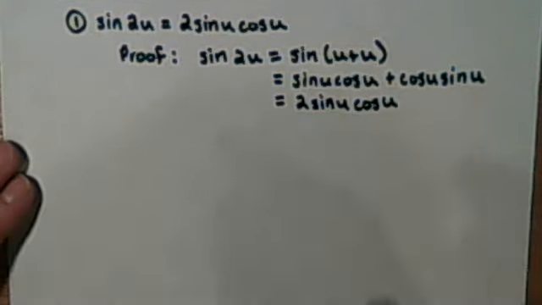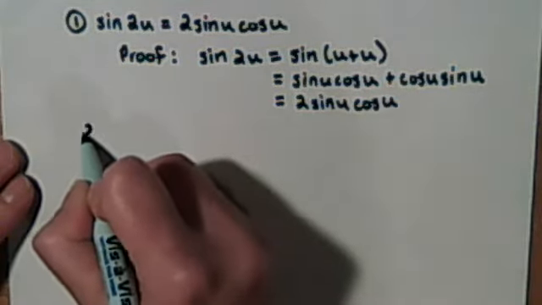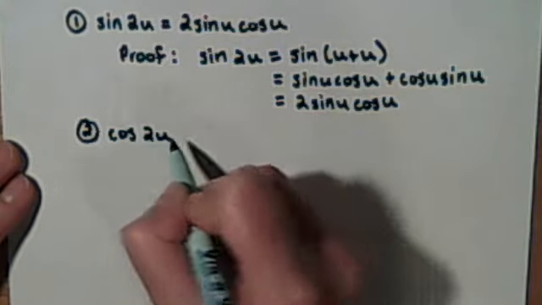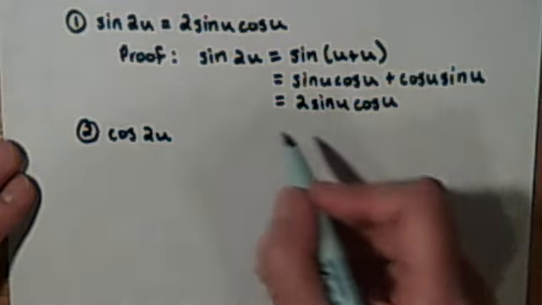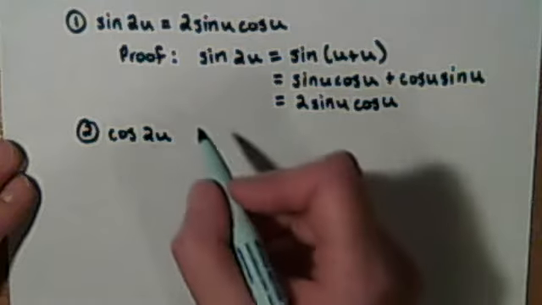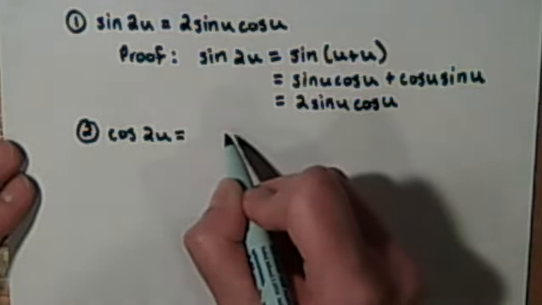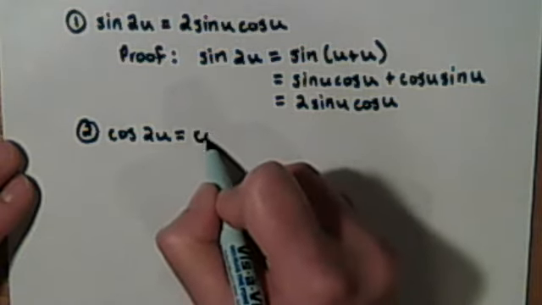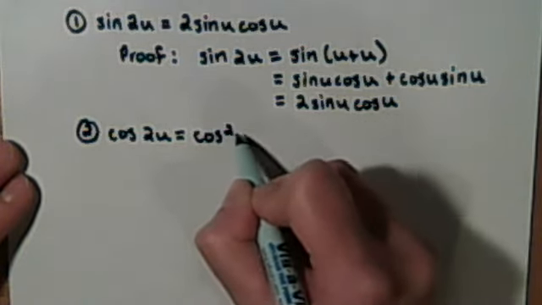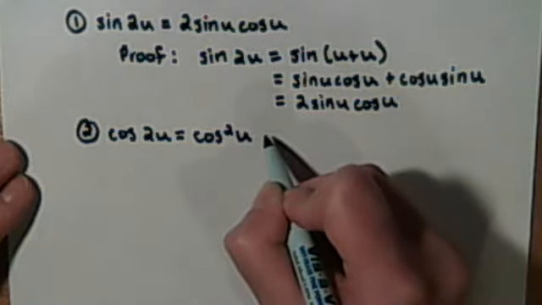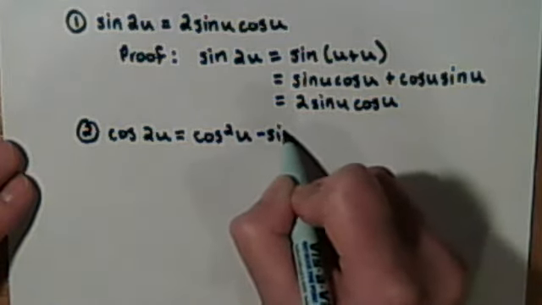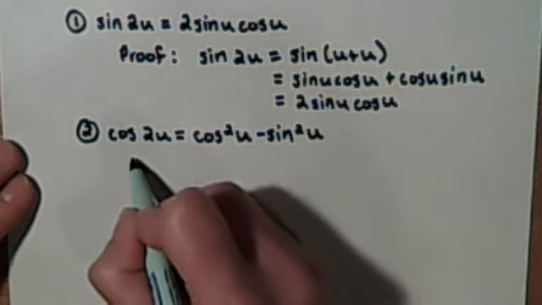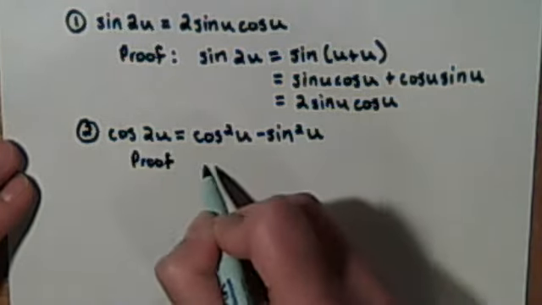Now the second one I want to take a look at has a few more parts to it. It is cosine of 2u. Cosine of 2u actually has three different formulas we can use. It's similar to the Pythagorean identities in that regard. So cosine of 2u, one of the forms we look at is that it's equal to cosine squared u minus sine squared u. And in fact, if we wanted to look at a proof of that, we can again apply